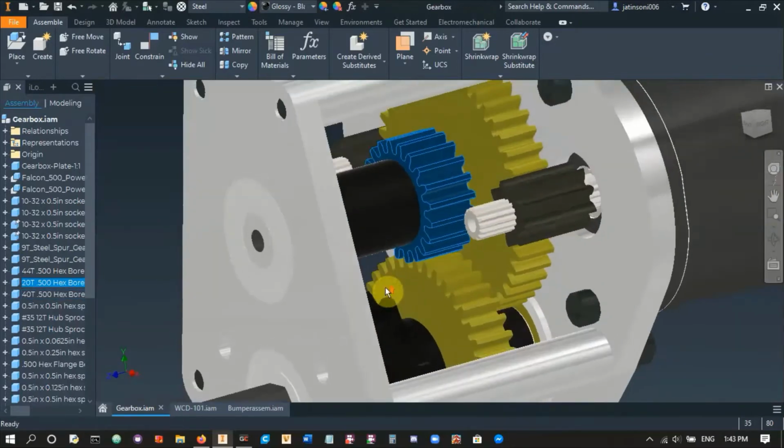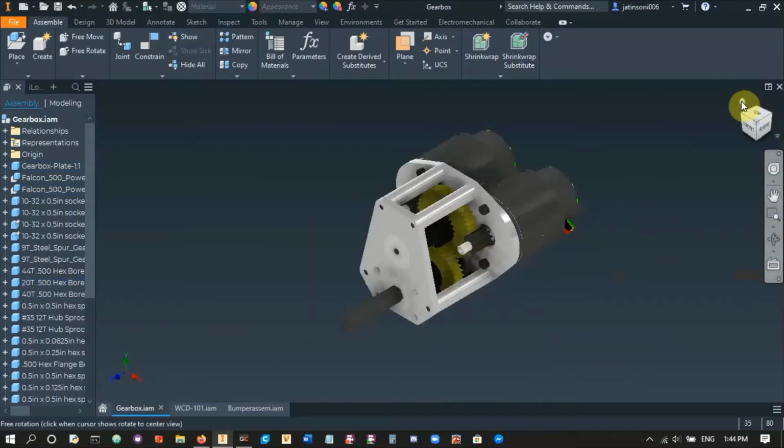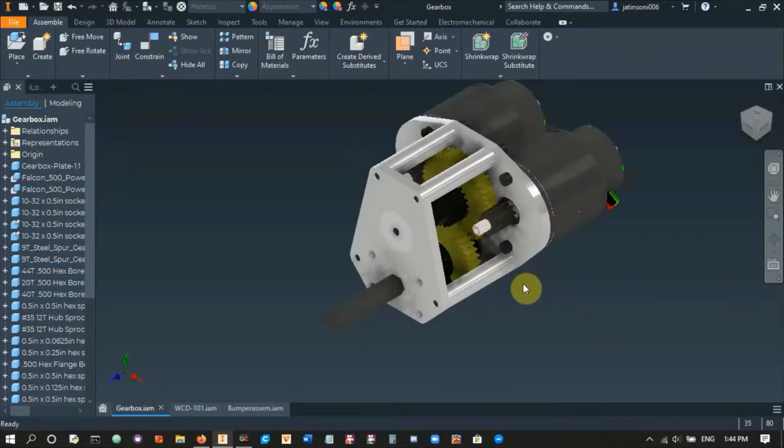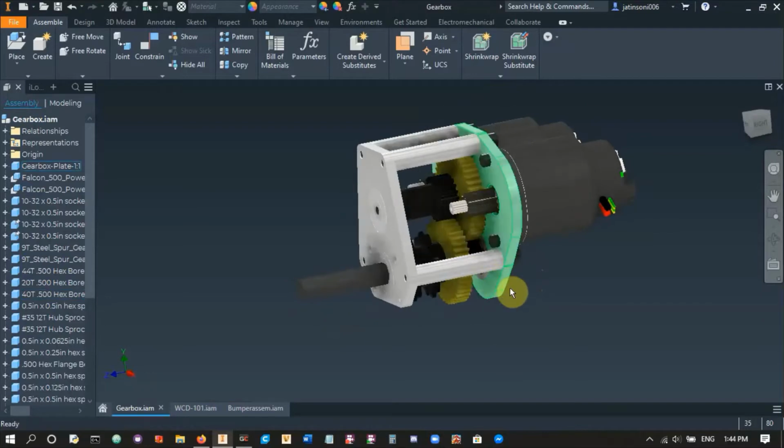And then also with the gearbox, the idea with these CAD challenges isn't just here's how you CAD a gearbox, go do this. The idea is also showing the design process and the decision making process behind it, why we're going to use these motors, these gears, and this layout. That's really important because every year is not going to be the same, every robot's not going to be the same, so it's really important to understand how you make these decisions so that no matter what the rules are, what the robot looks like, you can make a gearbox without having to think, oh, I only know how to make one